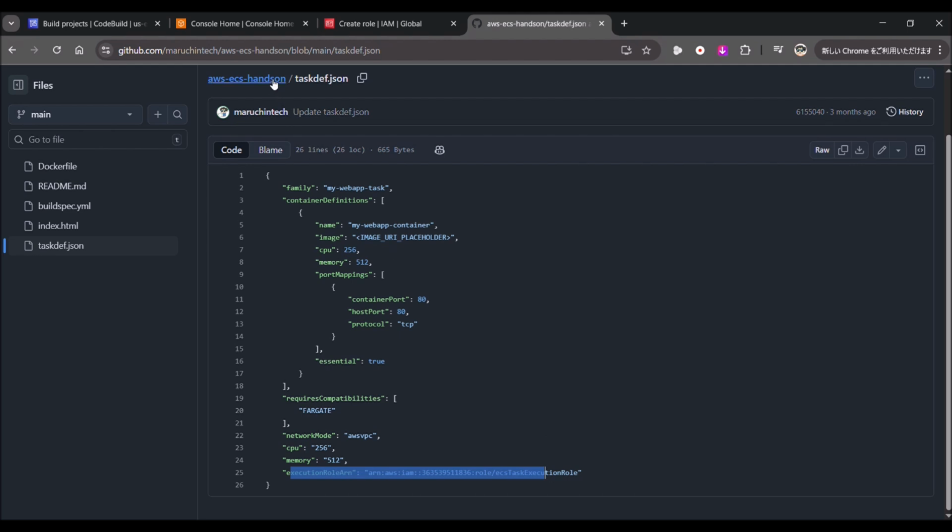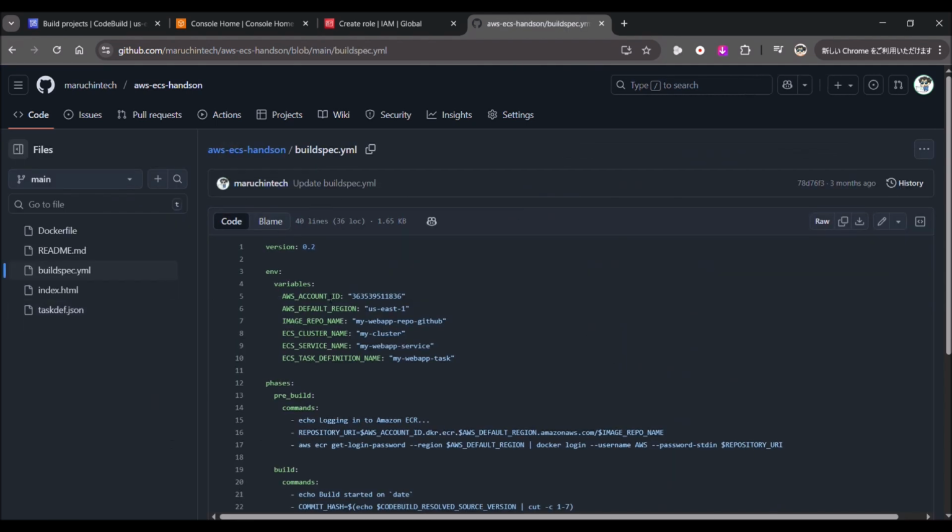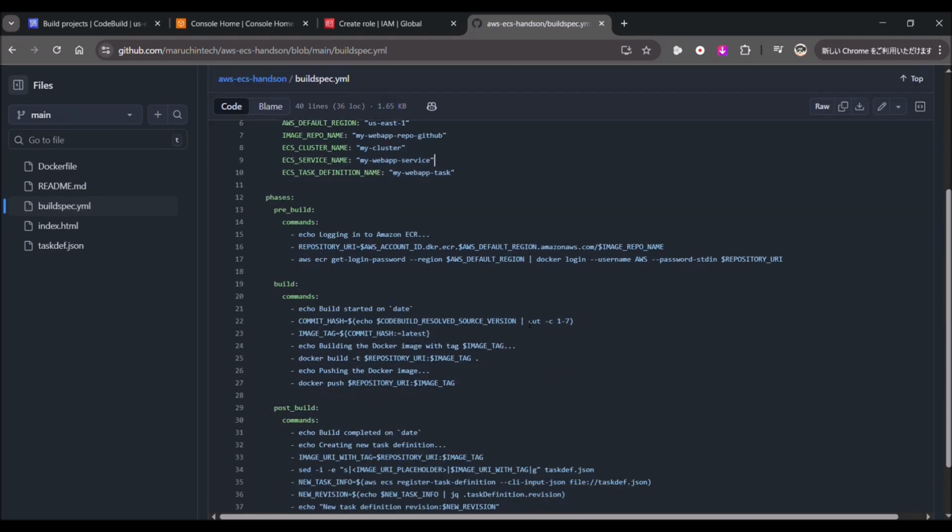Then going back, click on the buildspec YAML. You also need to change the environment variables for the AWS account and the AWS default region. I'm using the US-east-1 region, and you will also need to ensure the ECS service name matches the service we will create. And scrolling down to